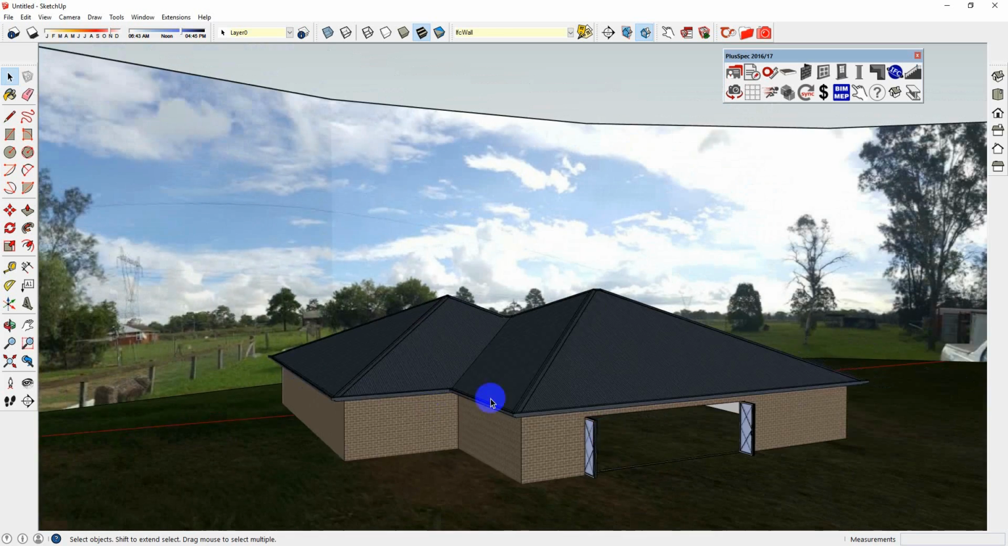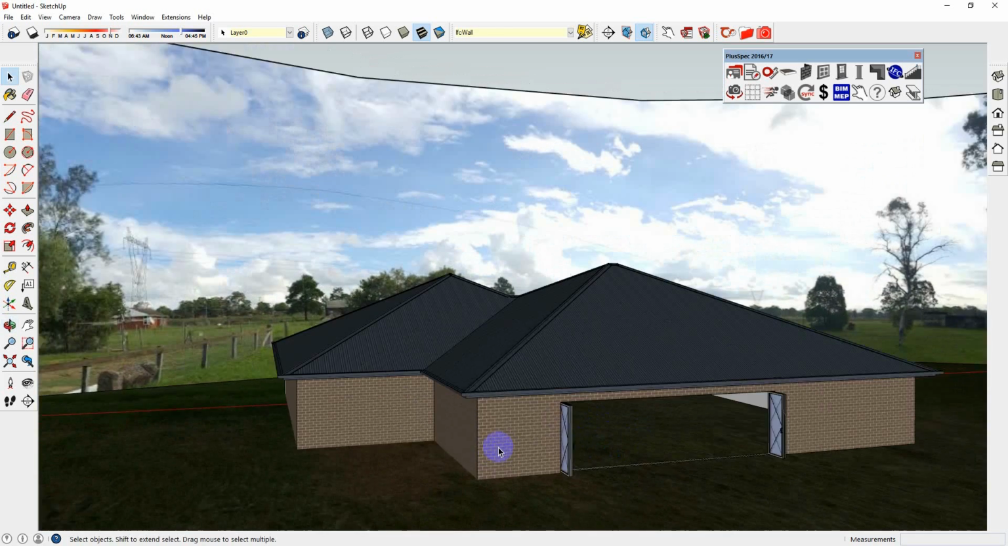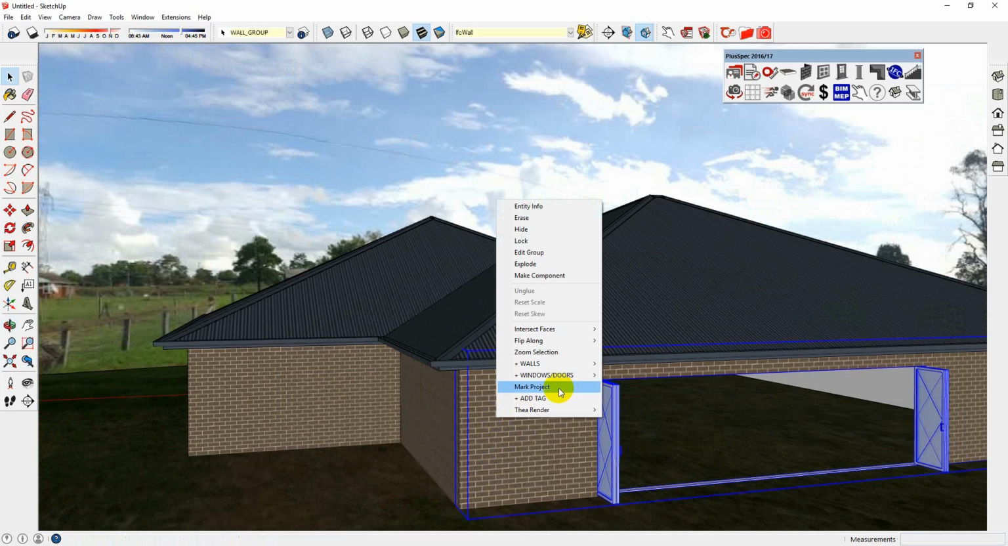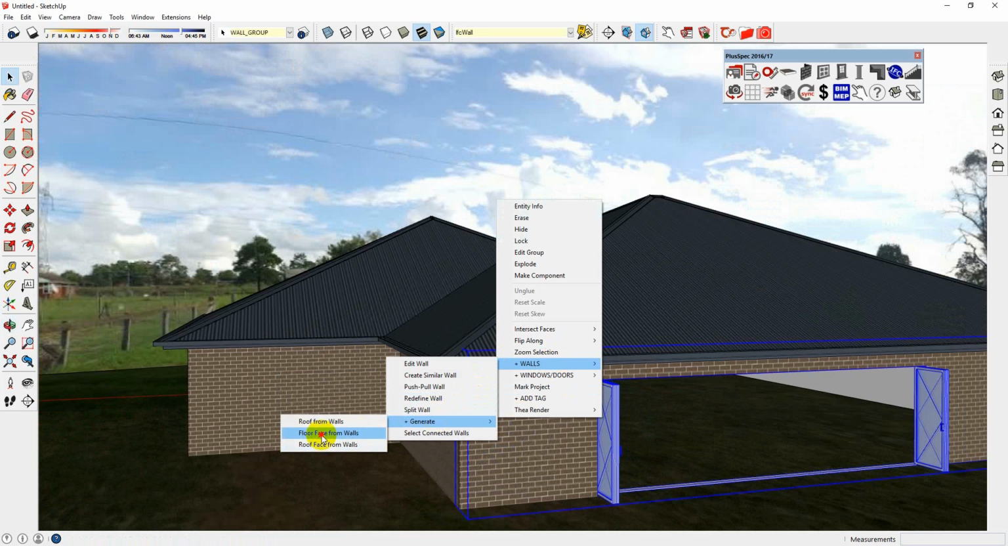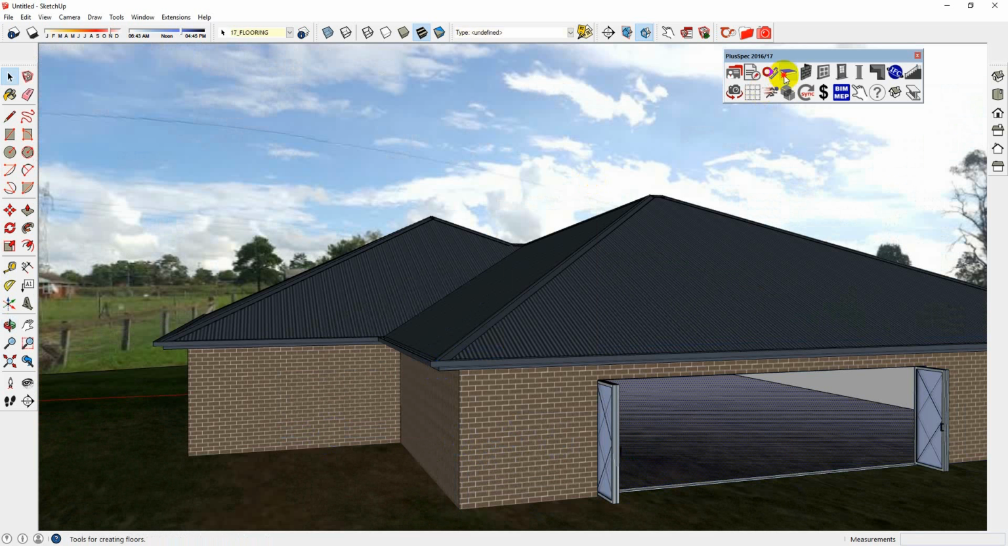Just zoom out there. The client doesn't want to be looking at grass inside the house, so I'm going to right click walls and generate a floor. Generate floor face from walls. I might put a concrete slab on that or something. So